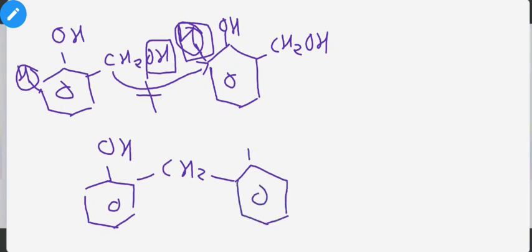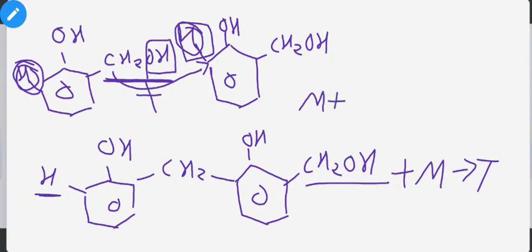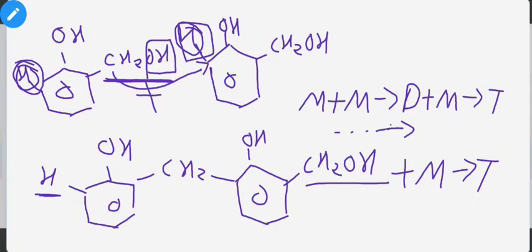Okay, and you will get this type of initial product which contains a CH2OH group as we had here, and one hydrogen will be present here as we had here. So it can further participate in the next step reaction, and from this dimer with one monomer you will get a trimer. Okay, so this type of reaction will repeat itself. Two monomers will give us a dimer, dimer plus monomer will give us a trimer, and so on. And eventually this process will lead to the formation of polymers.